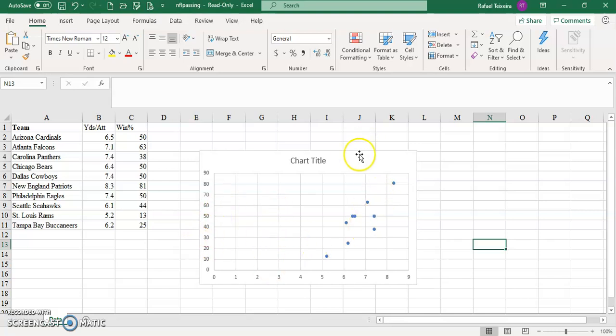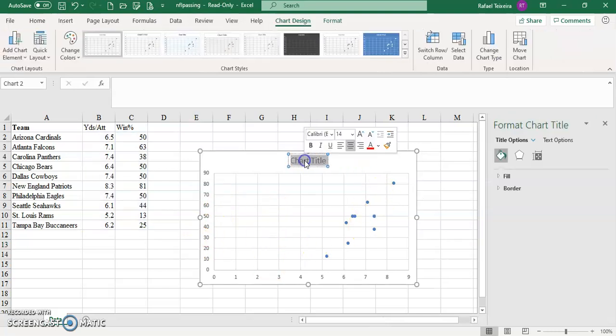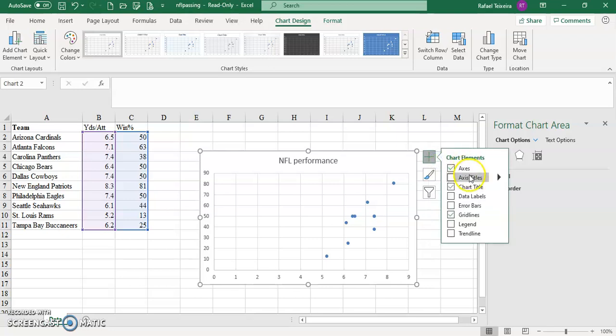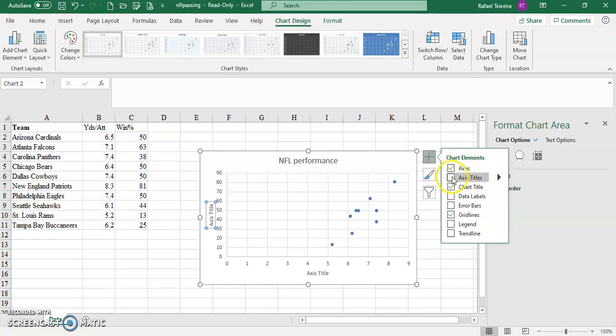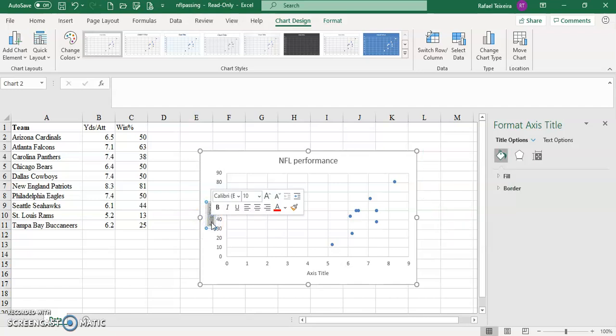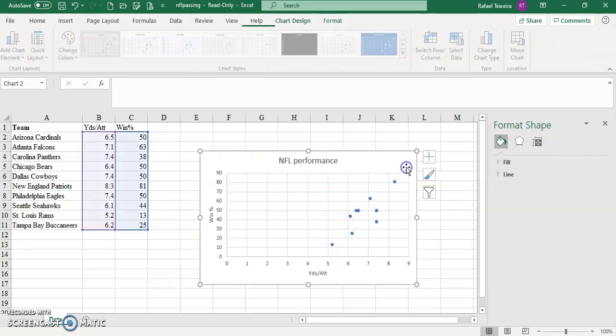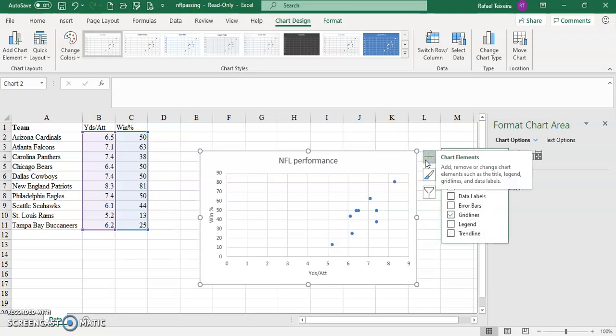So you could name it NFL performance, whatever, and then you can come here and add, click here X titles, then you can type here win percentage, and you can click here yards per attempt. Okay, and then also if you go here and click here, you can insert a trend line, and then